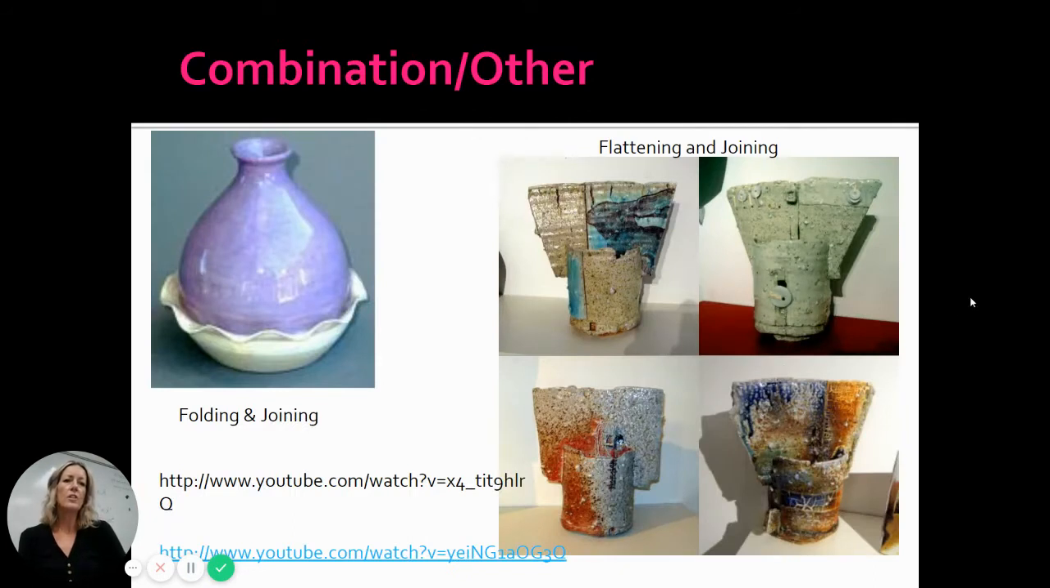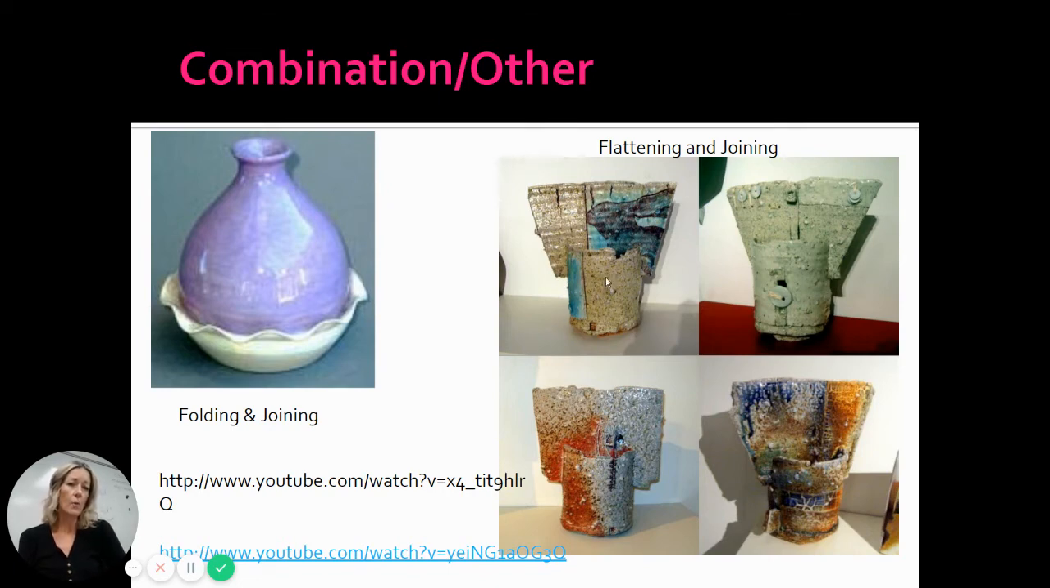And then, of course, there is a combination, which I think is what happens most with throwing and altering. You're going to have multiple techniques within the same piece. So this is an example of folding, right, on the white edge here, but then also joining together this bowl form and this base form. Here we have lots of pieces that have been flattened and then joined